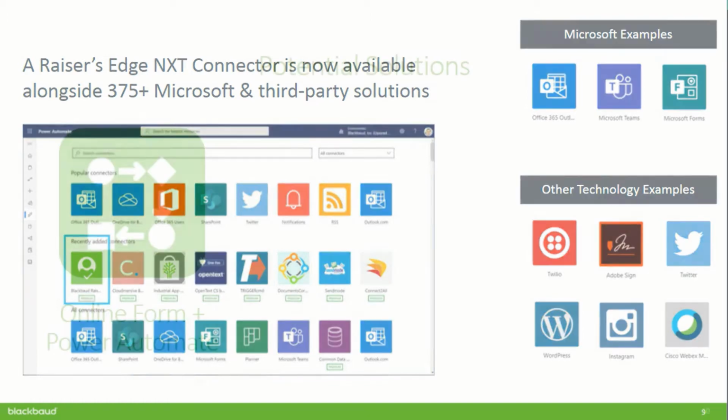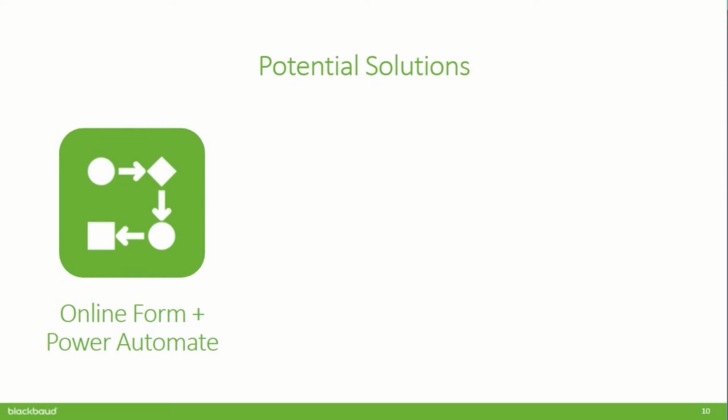So let's say we're building this volunteer sign-up form. We have three potential solutions, and we'll cover the second two today. The first one is you could just set up a Microsoft or Google form and connect it into Power Automate. That's all within Power Automate. If you want more detail about that, go to the other workflow webinar. We also have some sample workflows online that do just that.